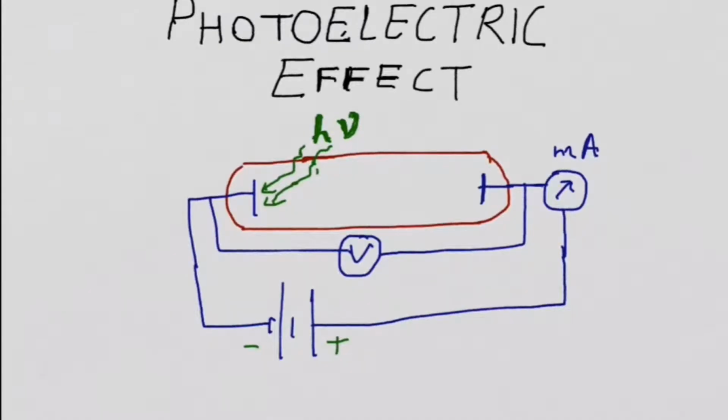Today's topic is photoelectric effect. The phenomenon of emission of electrons from a metallic surface by the use of light energy is called photoelectric effect. It is a part of the dual nature of matter and radiation chapter. All of you know the photoelectric effect cannot be explained by the wave nature of light, so we can explain it by the particle nature of light.